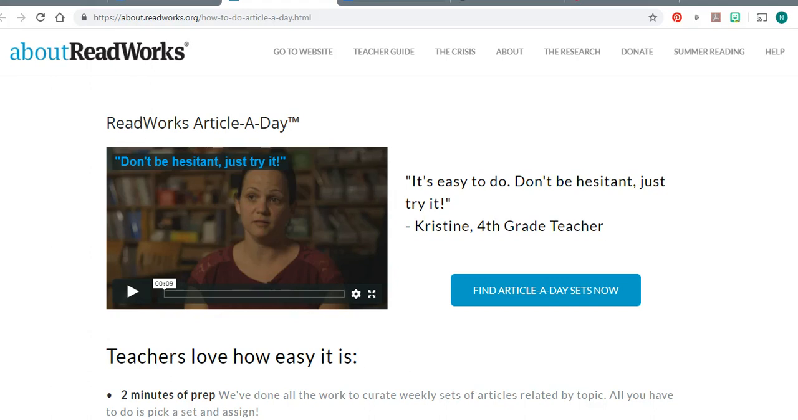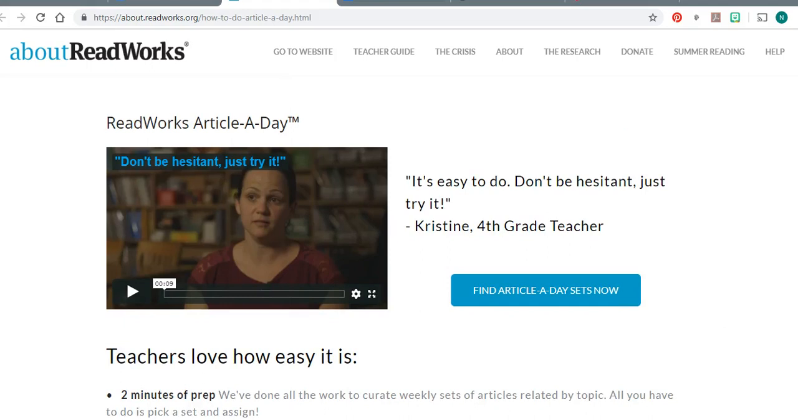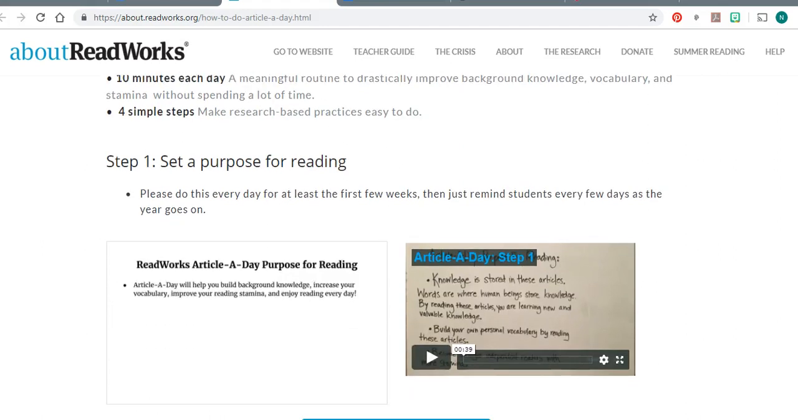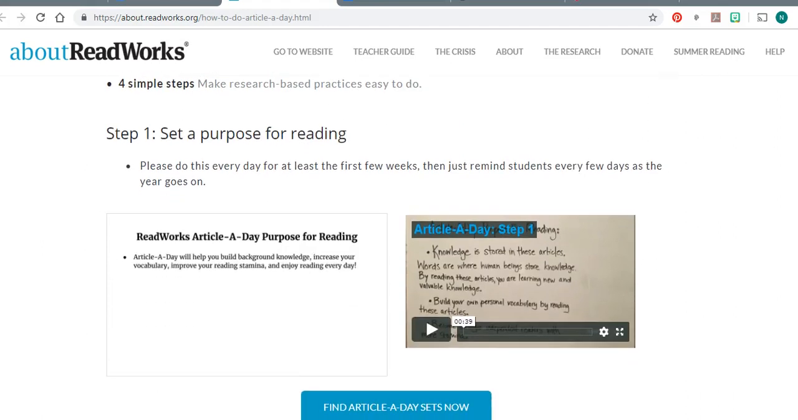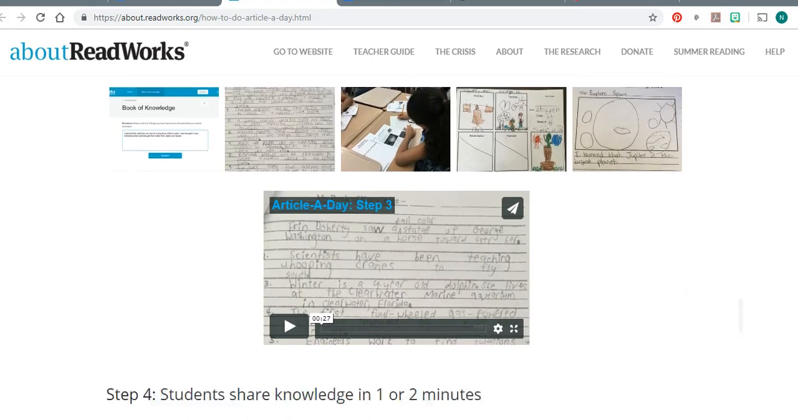And then when you sign in and you have Reading Works, it tells you how to do it. How would you do this in your classroom? And I like this idea. So if you're already teaching, definitely take a look at this and see if this is something your students could benefit from. It's something that's done every day, and its main goal is to build background knowledge and vocabulary. Okay, so once you understand kind of how it works,